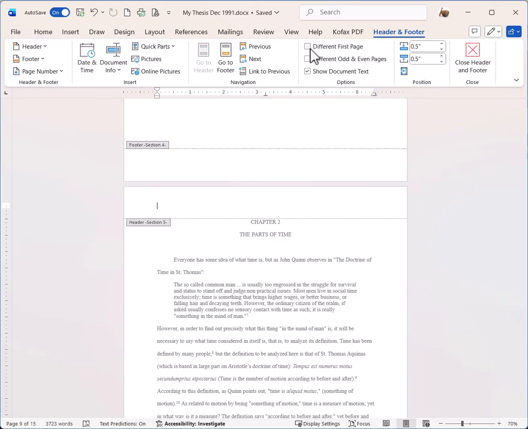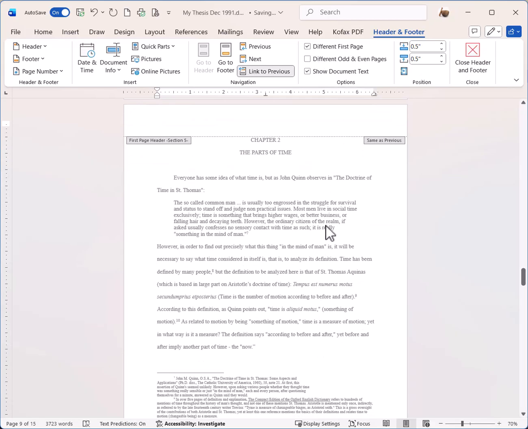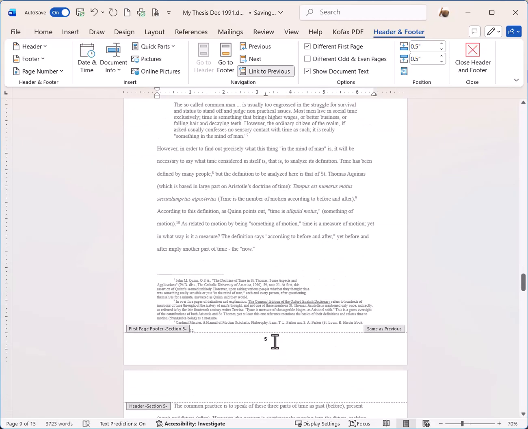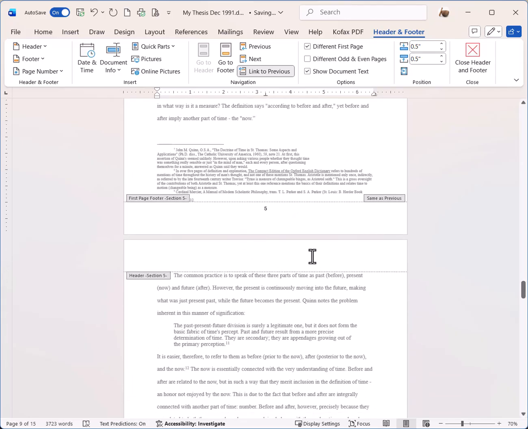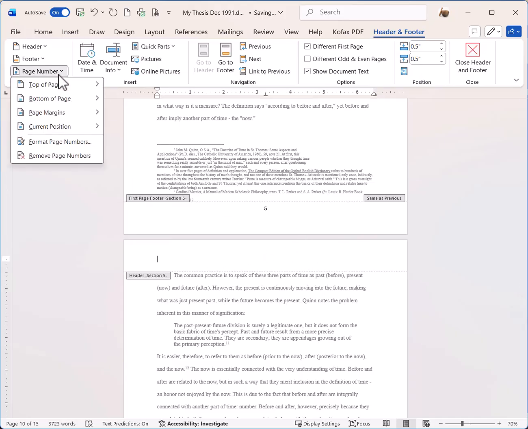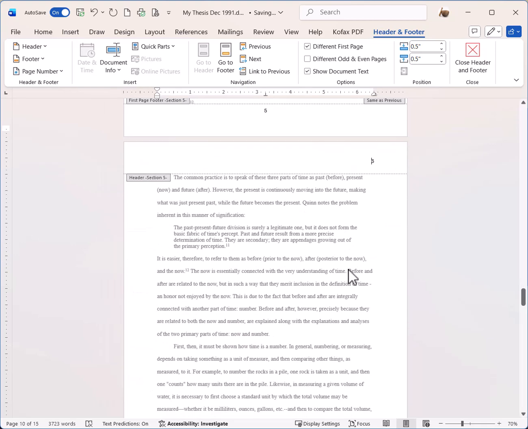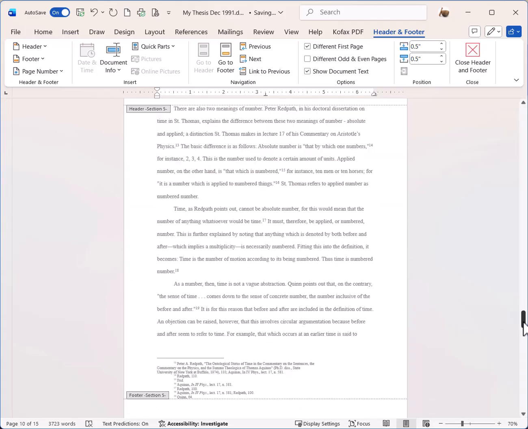And again, I'm going to say different first page so that the first page will be in the lower part. And you'll see it's turned on already. If it wasn't, you could just go into the page numbers and put it in. But I'm going to go to the top and the next page in the header. Tell it to put at the top of the page, upper right hand corner. There's page 6, and now my page numbers are all set up all the way to the end of the